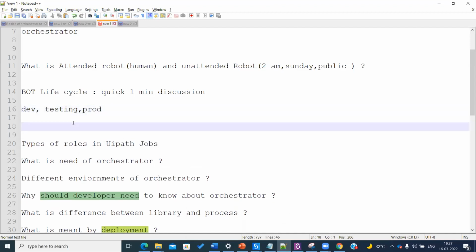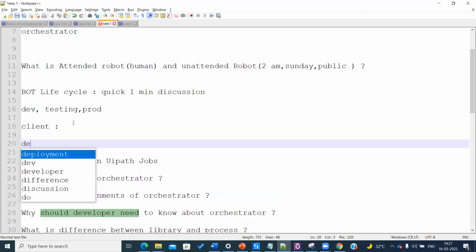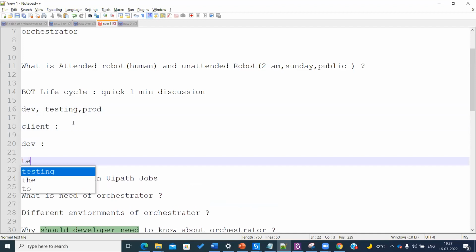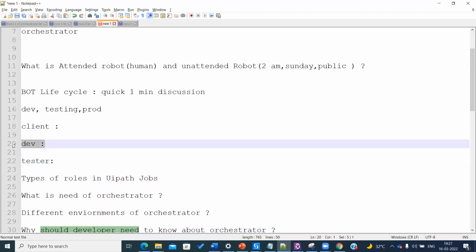The client is the one who gives us the project. The developer is you. And there is a tester who tests your process. Whatever development activities you do in UiPath Studio, after you complete your development, you will have to move this package to the dev Orchestrator.